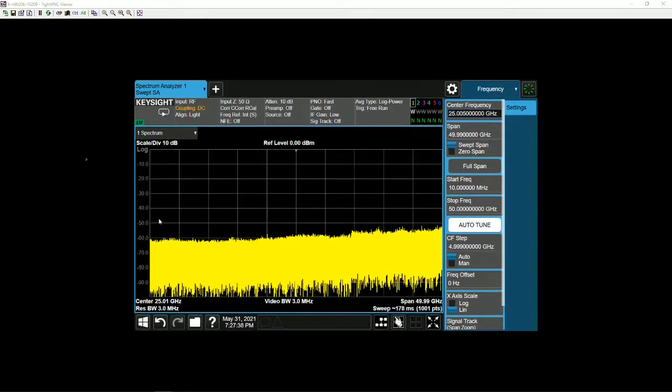Today, this video would show how you can set up the RCAL with Keysight spectrum analyzers for receiver calibrations. So in this video, I have an N9020B MXA connected to a